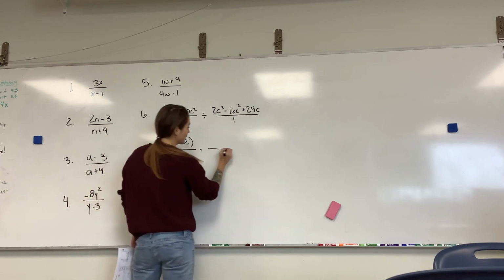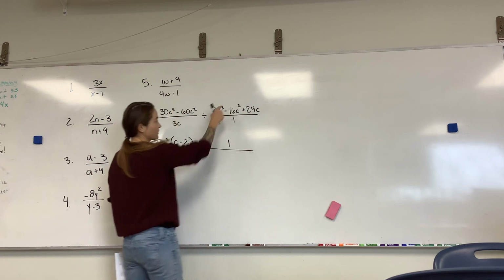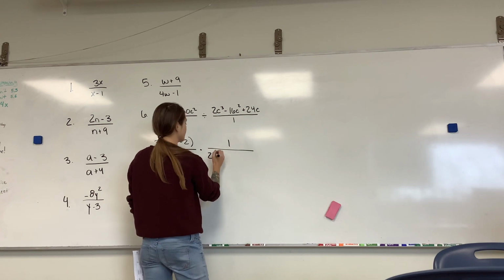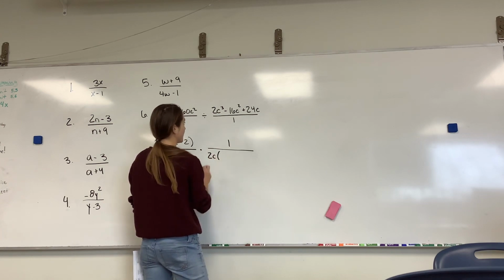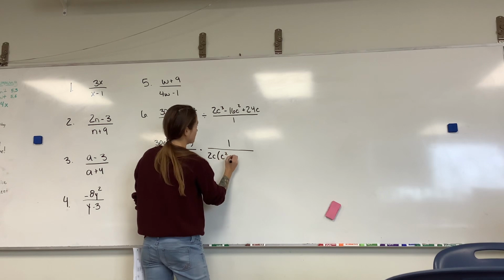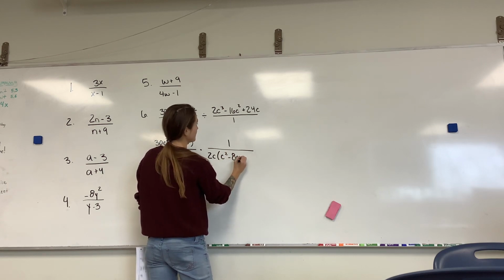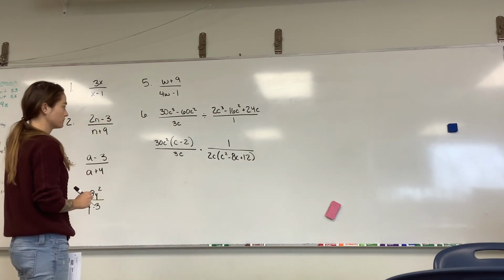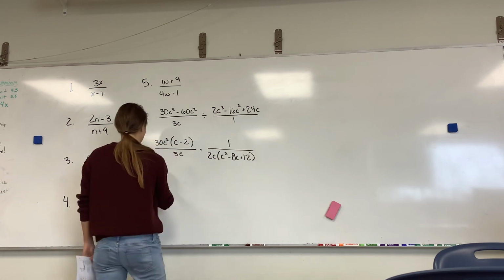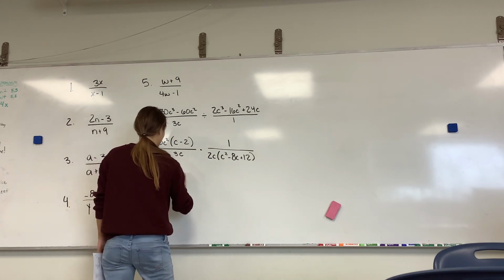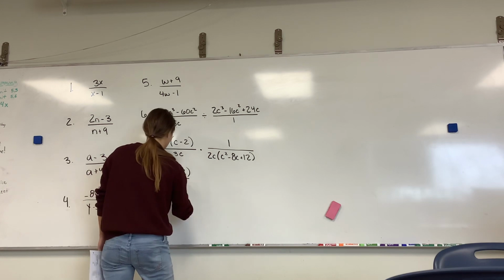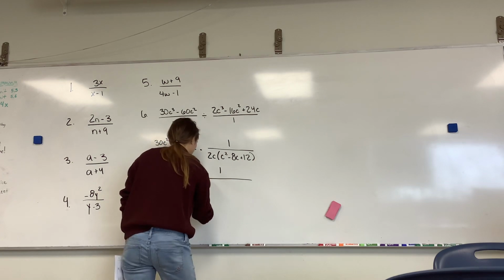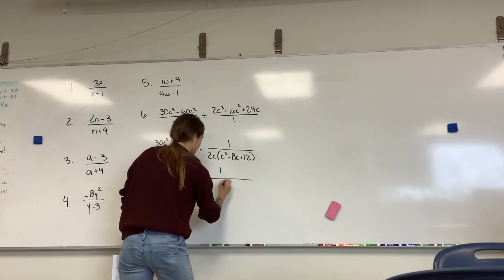And then I'm going to multiply by the reciprocal now of this, and I'm also going to factor this one. So it looks like I could take out a 2c, and I'm left with c squared minus 8c plus 12. This can be factored one step further, so I get 30c squared times the quantity c minus 2 over 3c times 1 over 2c times,